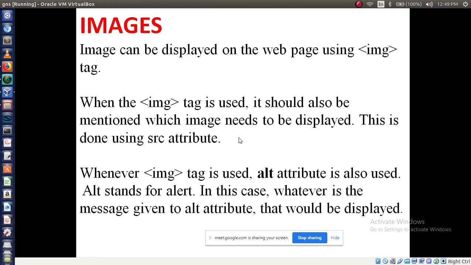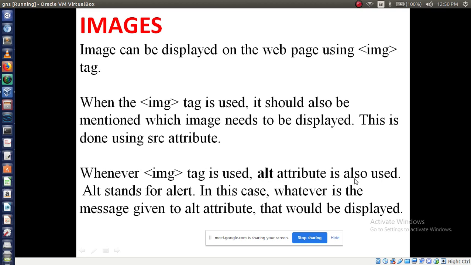This is done using which attribute? That is the source attribute. We can call it the source attribute, SRC. Shortcut name is SRC. In a single image tag you have to use img followed by source, SRC, then followed by the image name. In some cases with the image tag you have to use the alt attribute also, ALT.